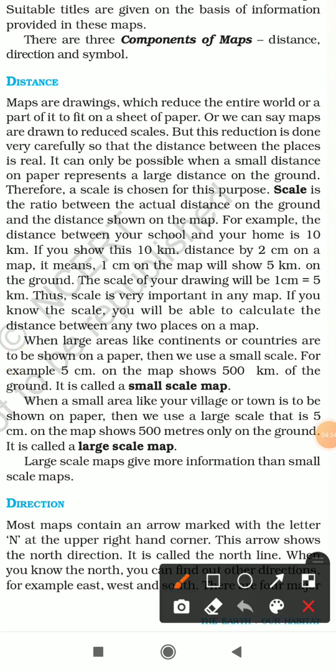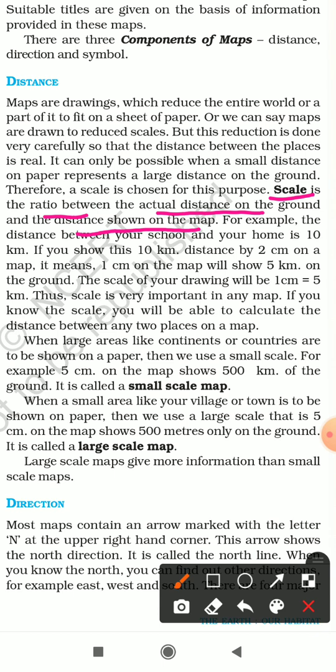This is called scale. Scale is the ratio between the actual distance on the ground and the distance shown on the map. For example, the distance between your school and your home is 10 kilometer.